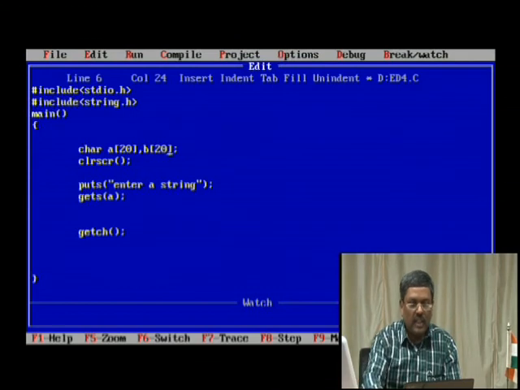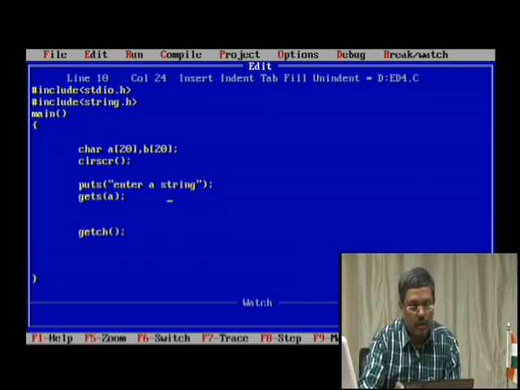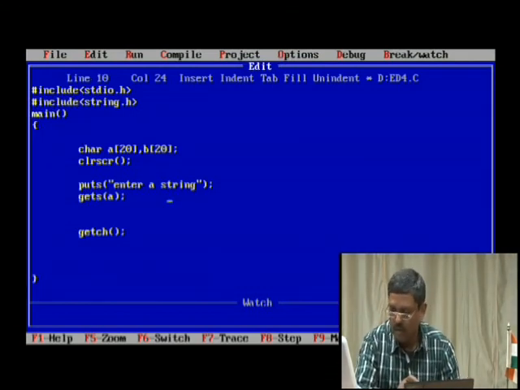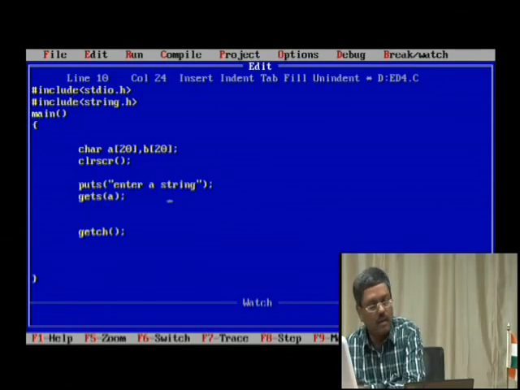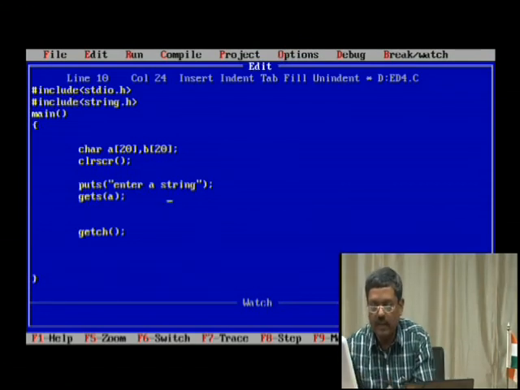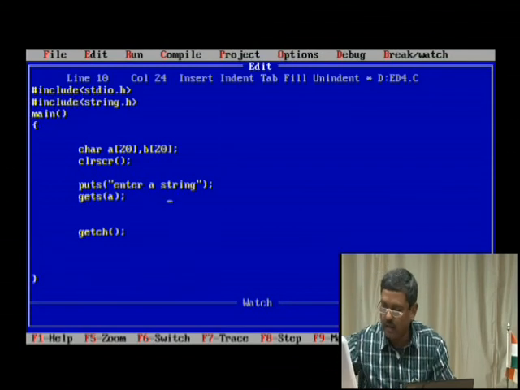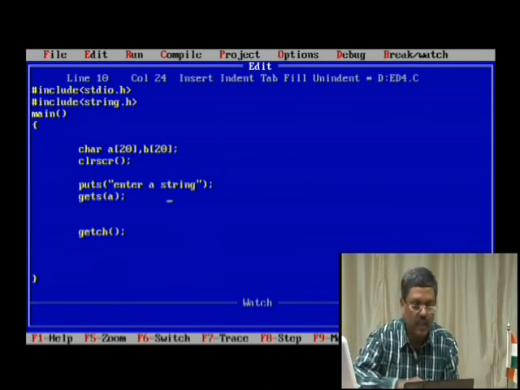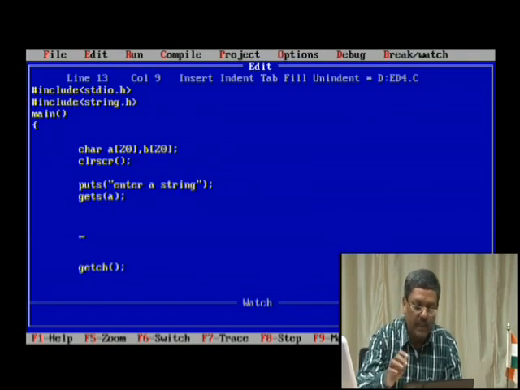Then what I need to do is enter a string over here. I can simply enter a string, and it will get it and store it into the character array A. Then how to do that? There will always be a syntax.